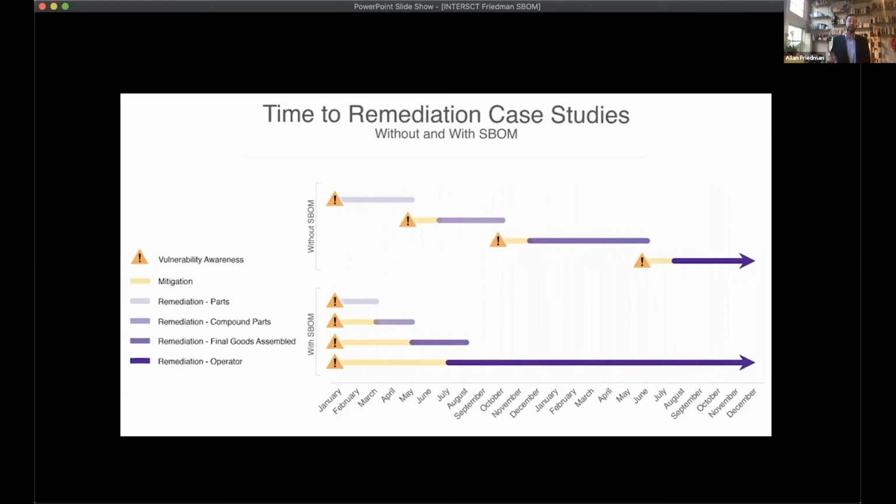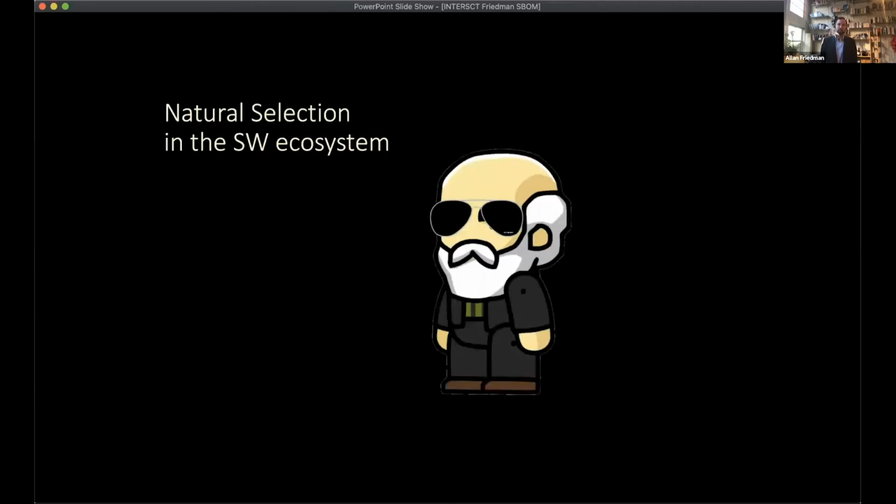I can segment my network. I can tune my intrusion detection system, although we found out those don't work. I can tell my threat intelligence team to keep an eye out for, and let me know the second that there's an exploit in the wild. So then I can yank things offline. There are other things that we can do to have this approach.